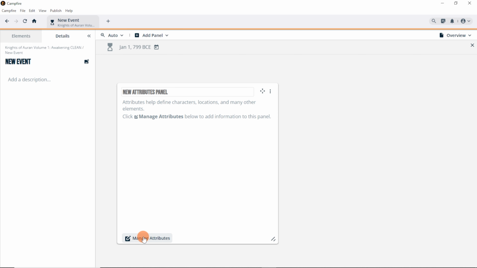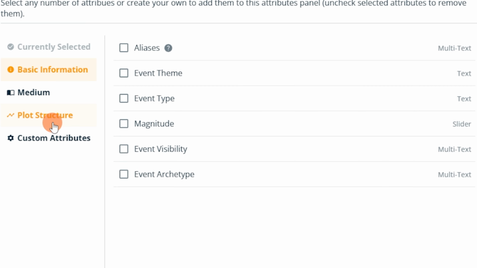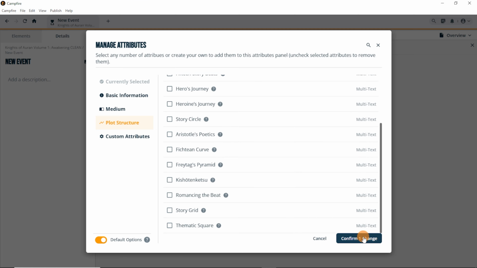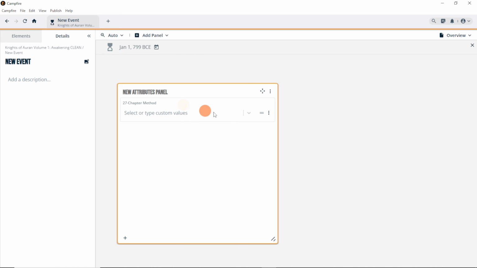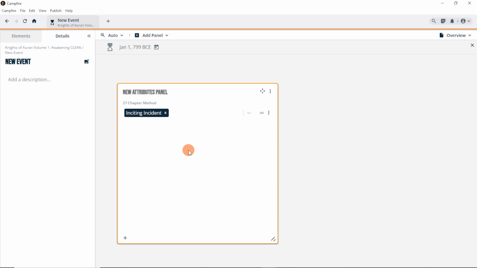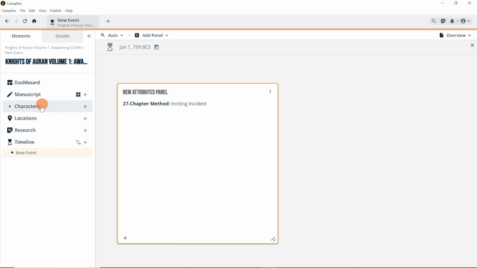So when you go to manage attributes, plot structure, there they are. And all you have to do is click on it, because they're all multi-text. When you confirm it, here it is, you click on it, and now, depending on what part of your plot you're at, you can pretty much fill it in. And again, this will be a video for itself for those who just want to know how to operate and use the timeline module. So don't worry, I'm just briefly going over the 5 modules that I use when I